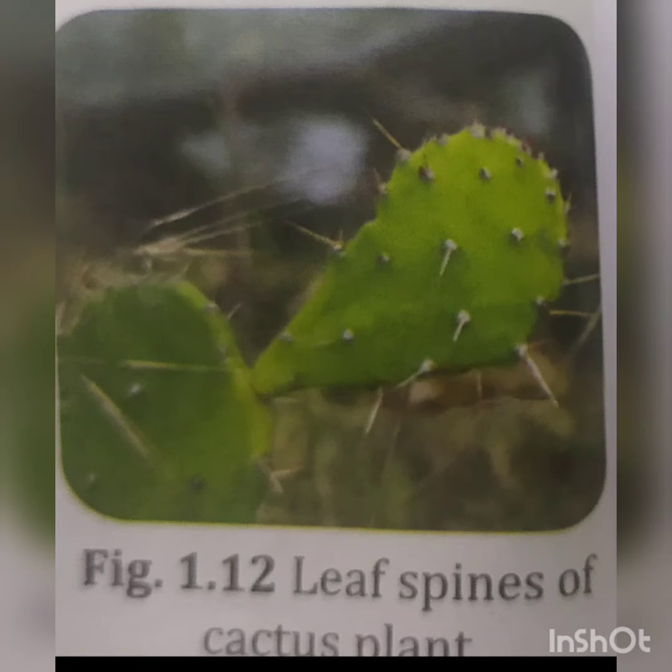Leaves of certain plants get modified to provide protection and to reduce water loss. For example, in cactus plant, leaves are modified into spines and reduce the loss of water by transpiration, because the cactus plant is grown in desert areas where there is scarcity of water. The leaf spines also protect the plants from the grazing animals like goat and sheep. Cactus plants do not have broad green leaves. In these plants, their thick green stems perform the process of photosynthesis and make food.